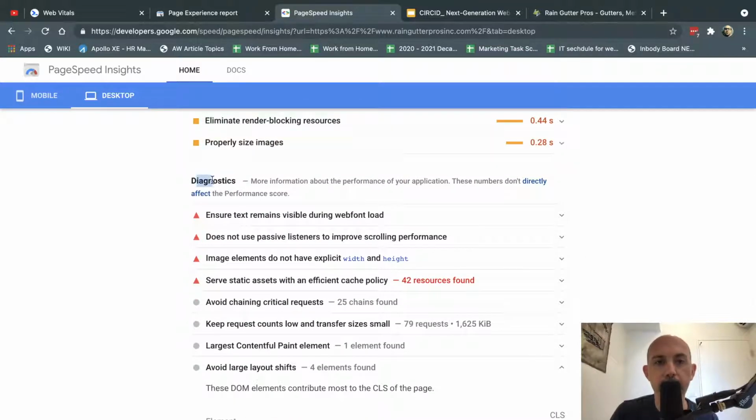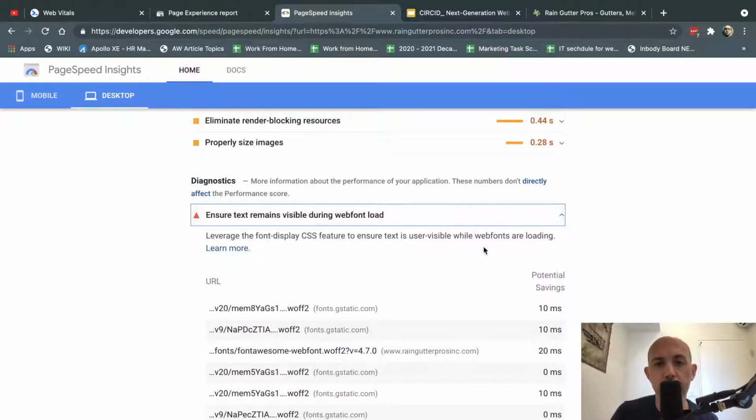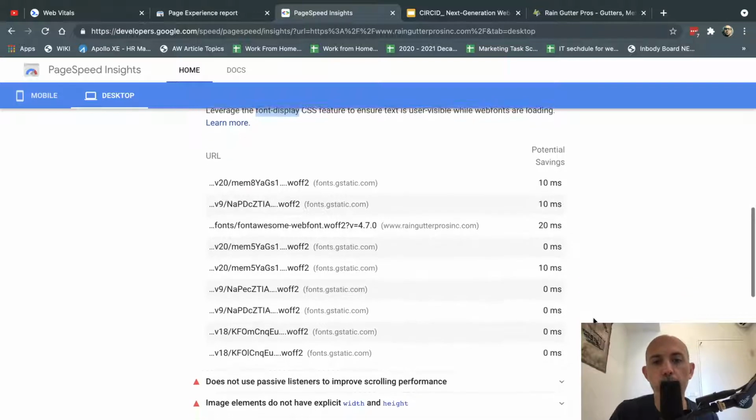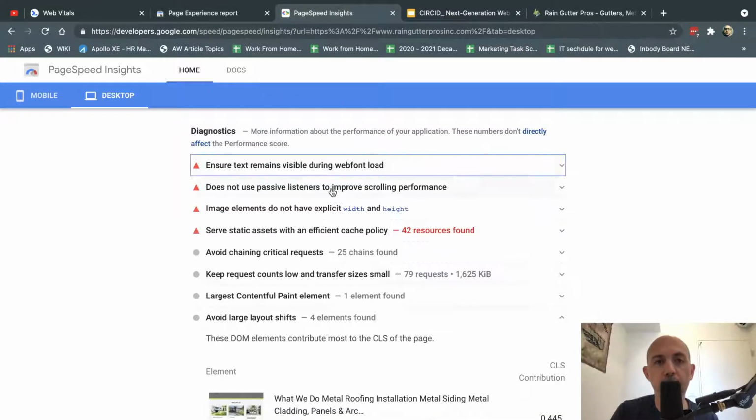And then for diagnostics, I would look at these things and go one by one to improve them. And I go here, okay, ensure text remains visible during web font load. Obviously, this would be a preload, basically using font-display, which is related to the CSS. And I would go one by one and figure those things out. Now, the biggest tip I can give you, because these are all very specific and we'll make more videos for these specific things, more for developers, is this.